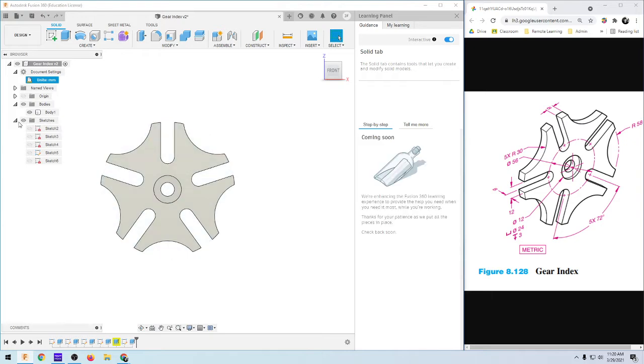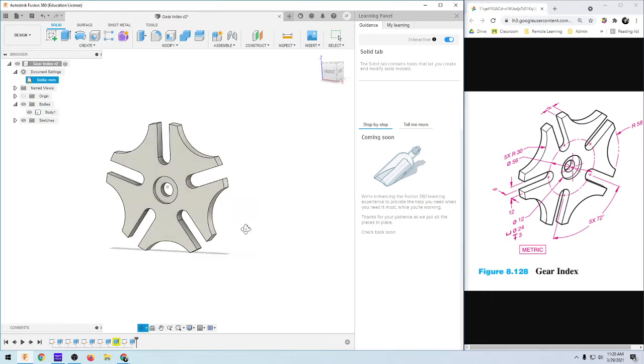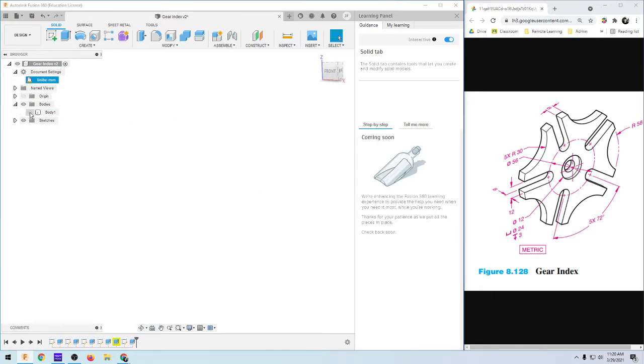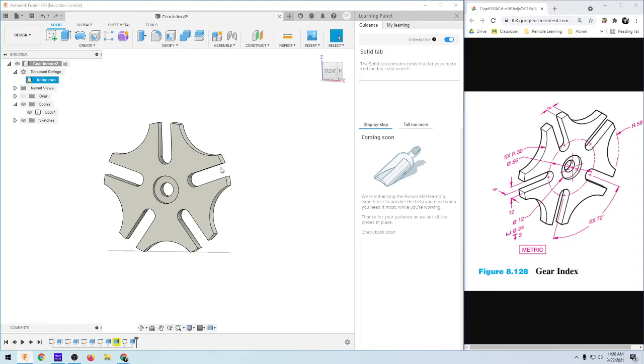So yeah, those are the sketches, and then you have the body. If you have more bodies in here, then you could hide this body and then work on that other body that you would have in there. And then these are some different views, so panning, so you can